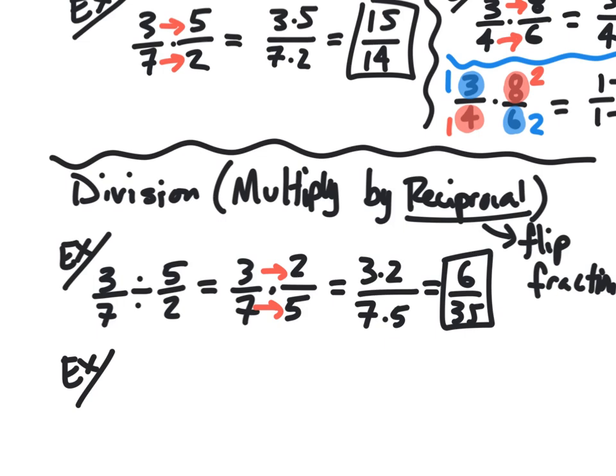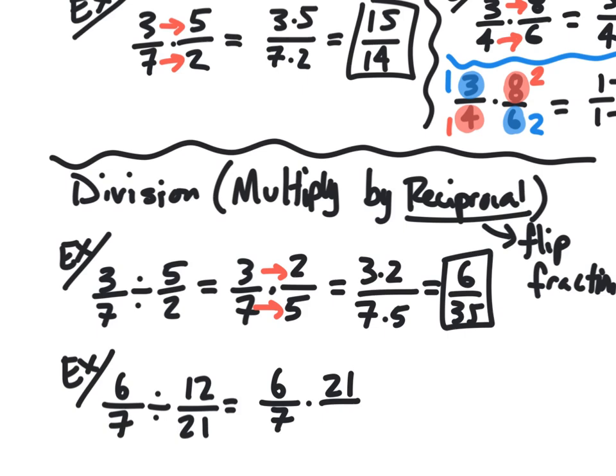Let's say I have 6/7 divided by 12/21, okay? Now, to be able to do this, I need to multiply by the reciprocal, so I need to flip that. So I'm going to take 6/7 and multiply it by 21/12, okay? And now what you can do is think about this and say, all right, well,